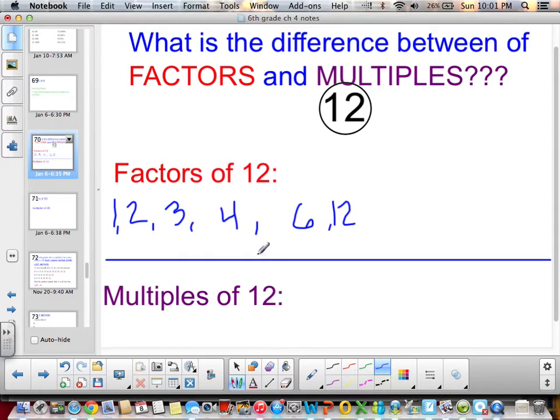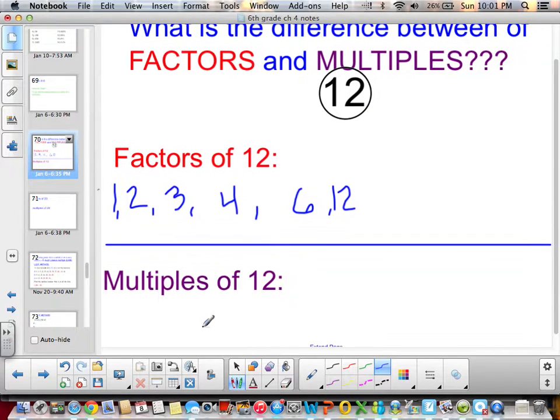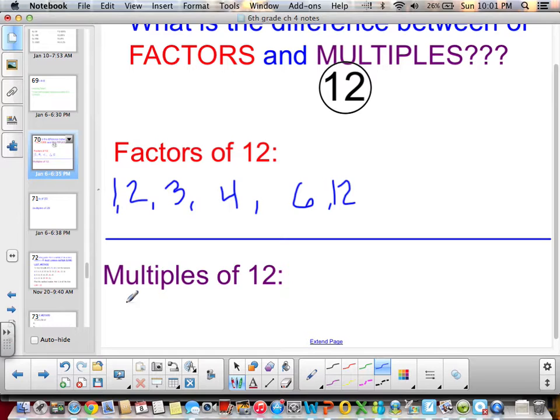Multiples, so you probably want to be writing this down in your notebook so you remember. I would make sure that you have factors of 12 down and then multiples of 12 down so you can look back and remember the difference. Multiples of 12 is basically like we're counting by 12. So we start at 12 and then we are going up by 12. So 12, 24, 36,